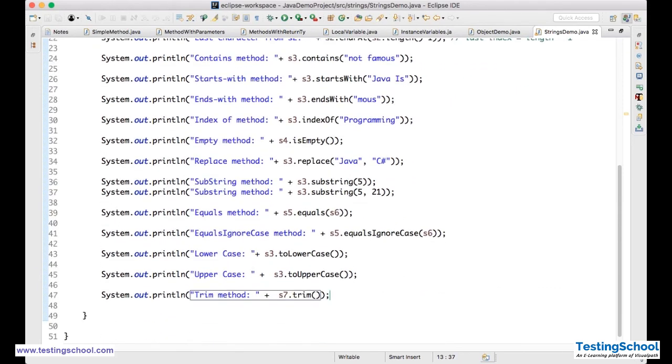Okay, but what about s8? Right, what about s8? Trim method for s7. I'll say trim method for s8.